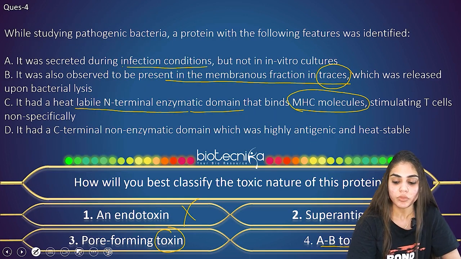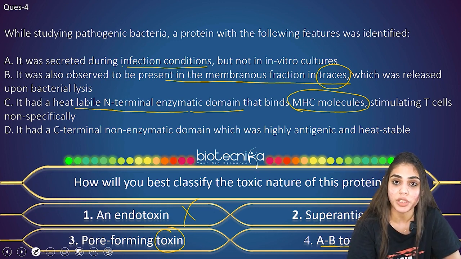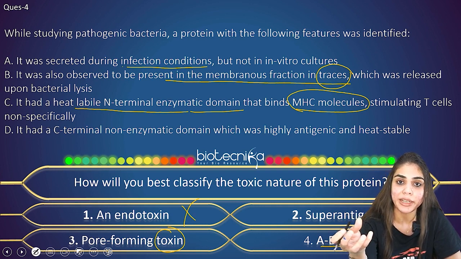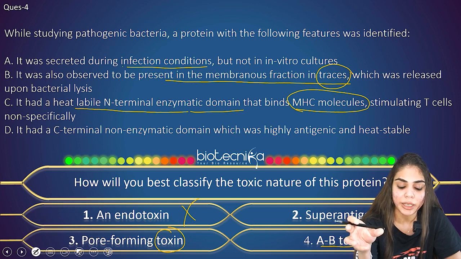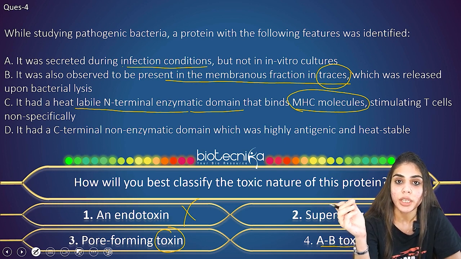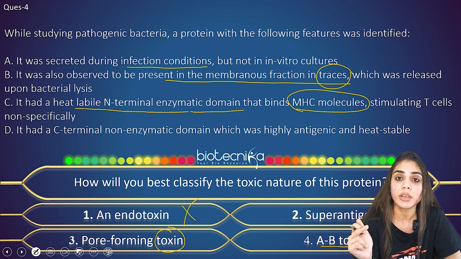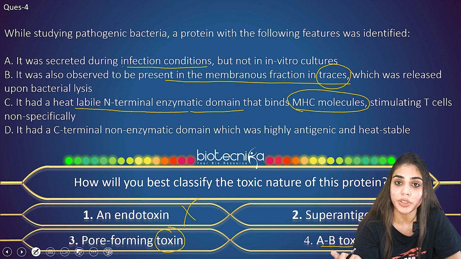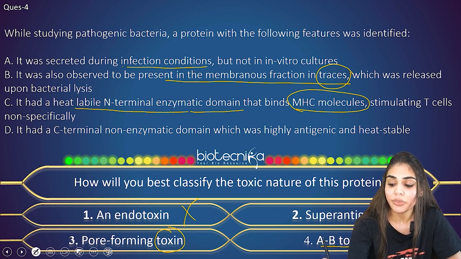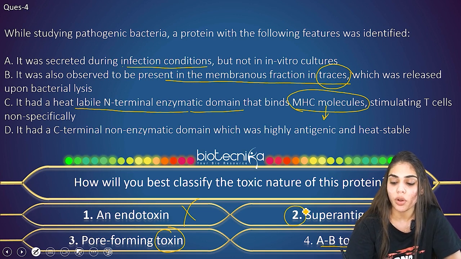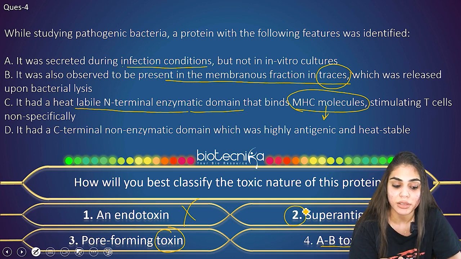So let's come back. We have omitted the first option, endotoxin. AB toxin again doesn't bind to MHC, so this fourth option is incorrect. Pore forming toxin is just secreted by pathogenic bacteria and induces pore formation. It has nothing to do with MHC molecules. But superantigen always causes non-specific activation of T cells by binding to MHC. With this, you can make the second option, the superantigen option, the right answer. So it had a heat labile N-terminal enzymatic domain